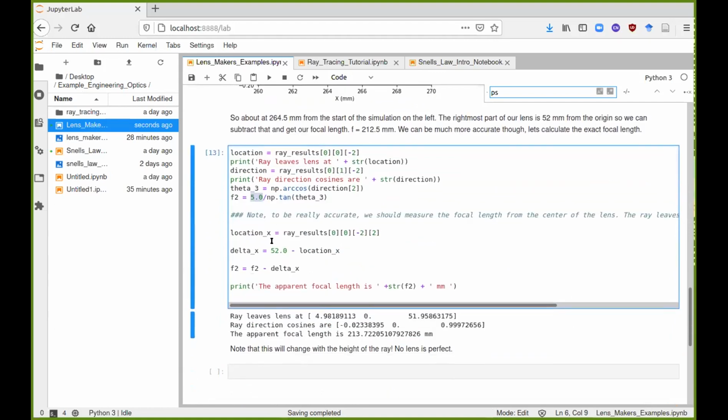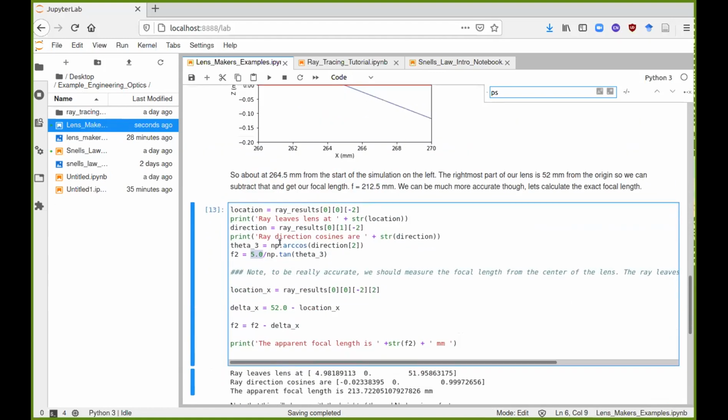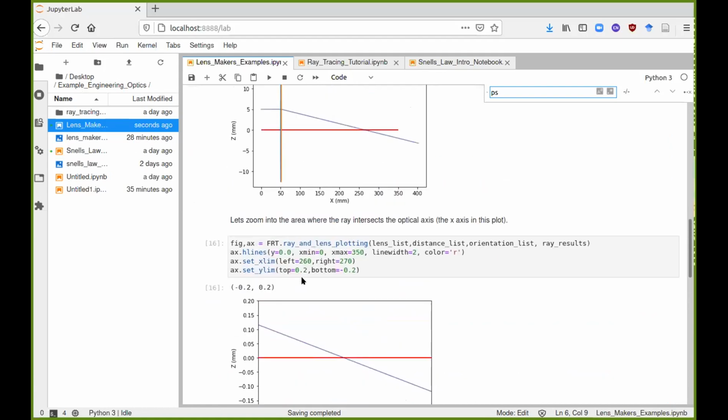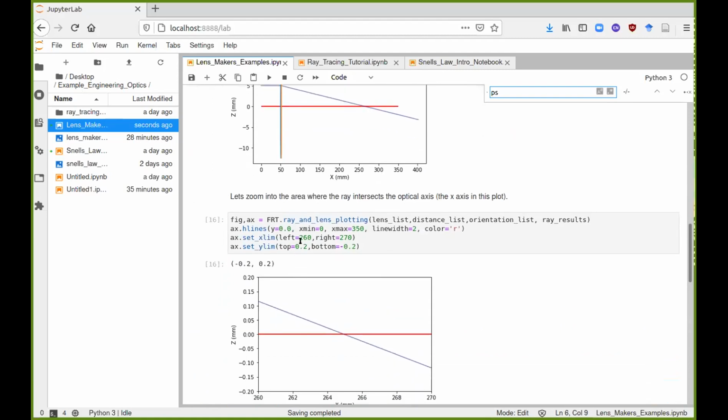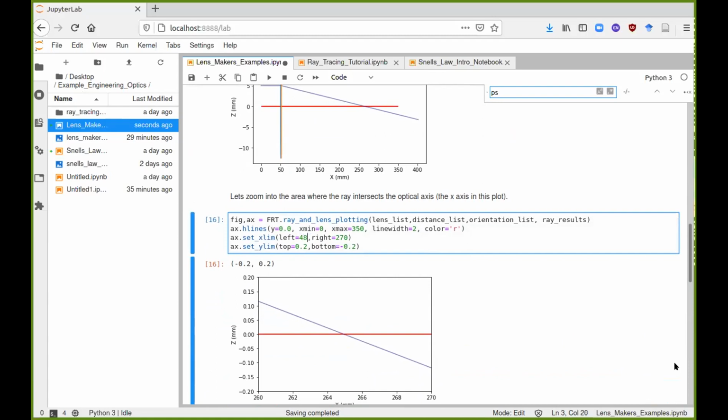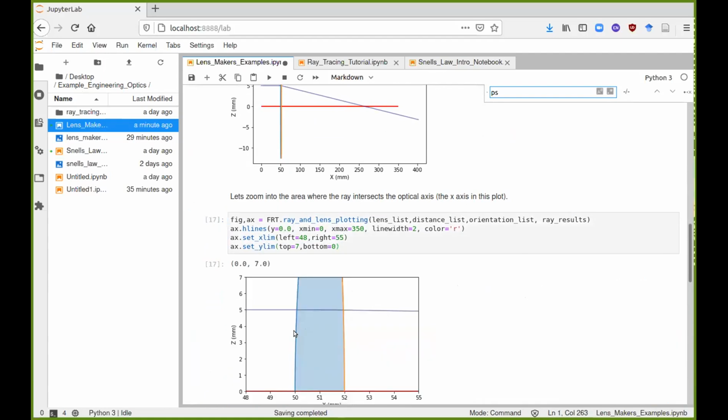Cool. And then we can be a little bit more accurate here because, actually, let's zoom in and I'll show you what I mean here. So let's make this 48, and then we're going to zoom in on our lens. Make this one 55, and top is going to be 7, and the bottom is going to be 0. So if we do that, we should zoom in right on our lens,